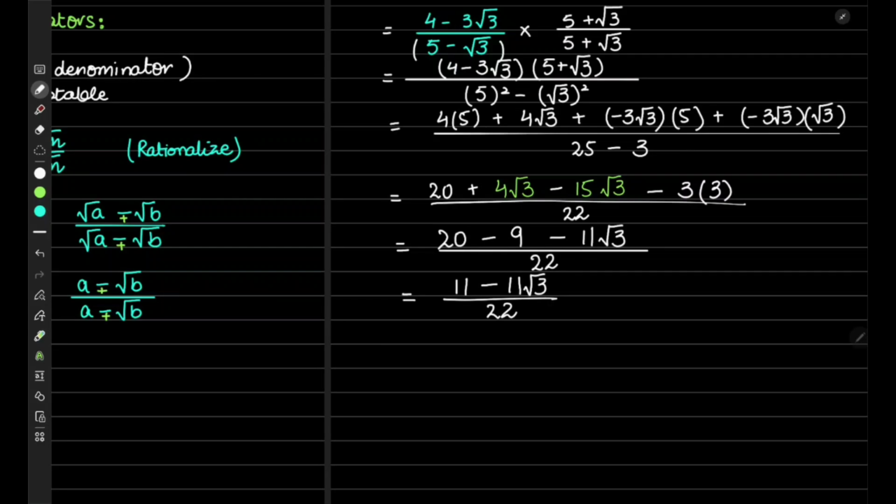Now we can also check if there is anything common. We can clearly see that 11 can be taken common. So 1 minus root 3 over 22. 11 and 22 can be simplified, as 11 goes into 22 two times. So 1 minus root 3 over, sorry, over 2. So this is your whole working